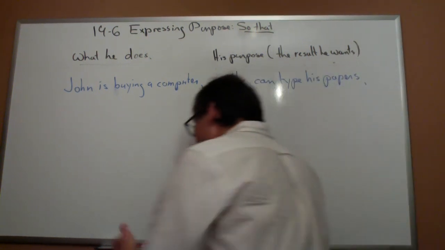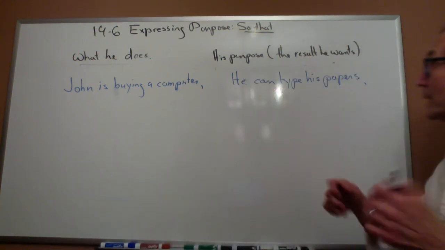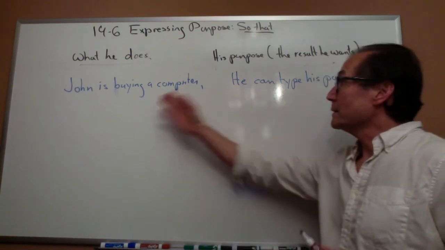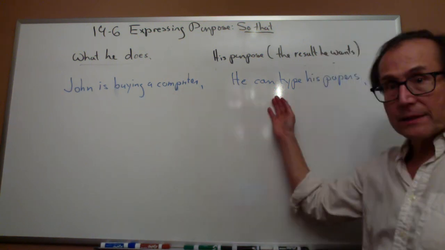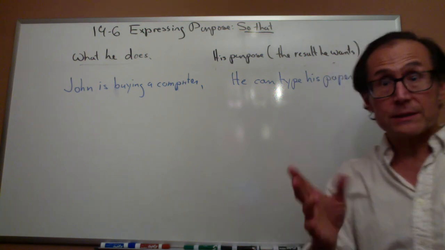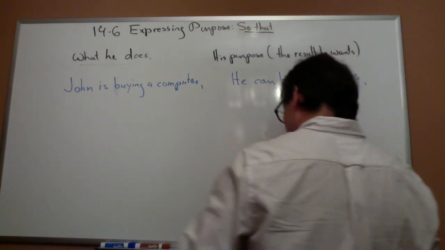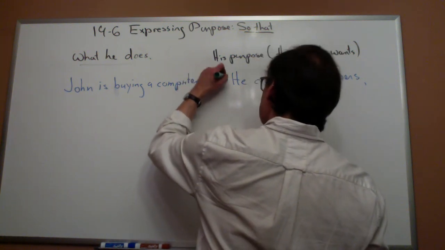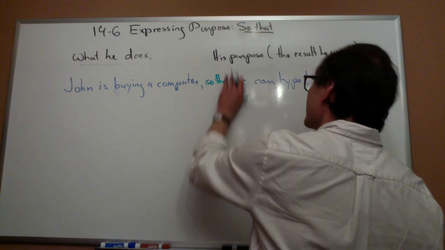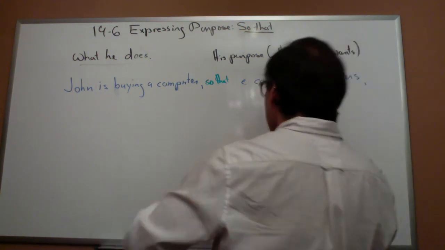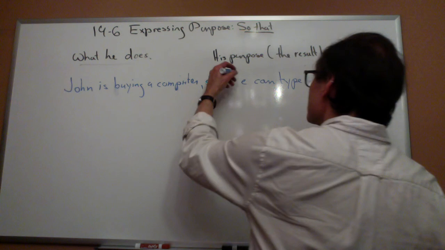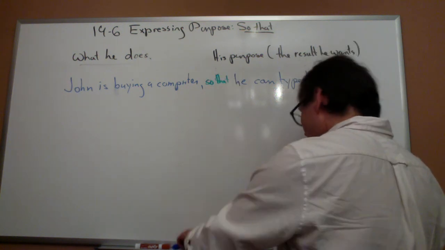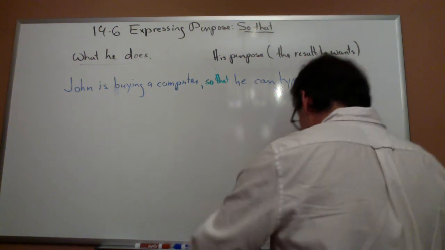So again, if I want to show that this is what he does, and this is the result that he wants, this is his purpose, I can use the word so that. And again, I'll make this small. Now, what I want to point out here about this sentence is,